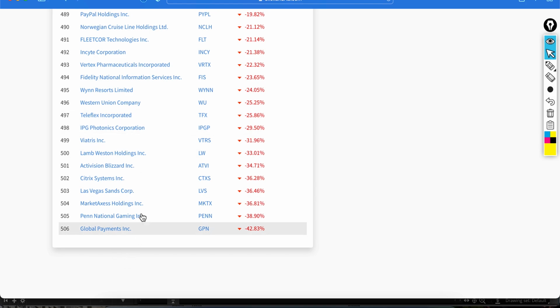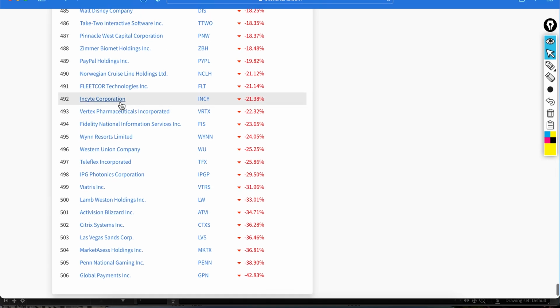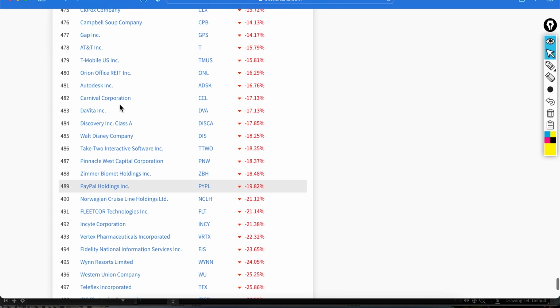Like you can look at the stocks that are beaten down, like Global Payments 42% down year to date, Penn National 40%. I mean, if you like these kind of stocks, maybe you should look at these names instead of trying to chase those names that are up there. But again, I'm not saying what approach you should use, just go through these names that are beaten down and look at the stocks that are up there and why it's happening. So maybe it's a good